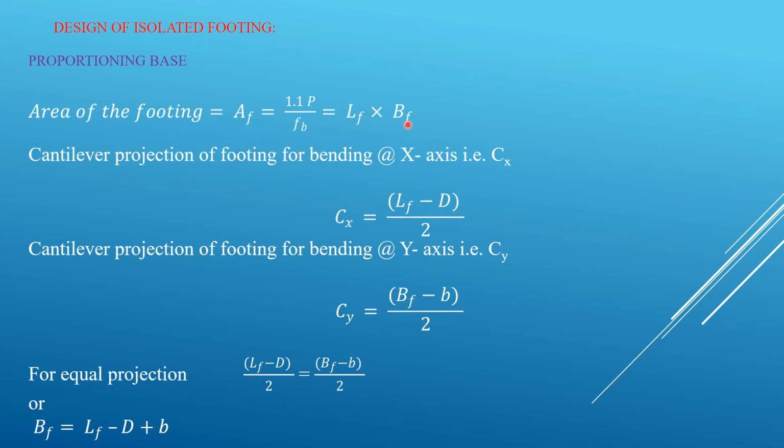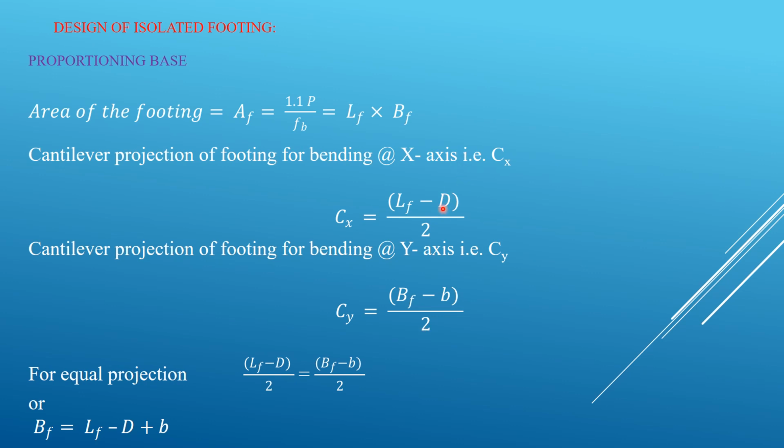The size of the rectangular base is selected such that the cantilever projections of the footing from the face of the column are equal. This gives approximately the same depth for bending about x and y axis. The length or breadth of the footing based on the equal projection is obtained as follows. Cantilever projection of the footing for bending about x axis, that is Cx, is equal to LF minus D divided by 2. The cantilever projection of footing for bending about y-axis is expressed as BF minus B divided by 2,